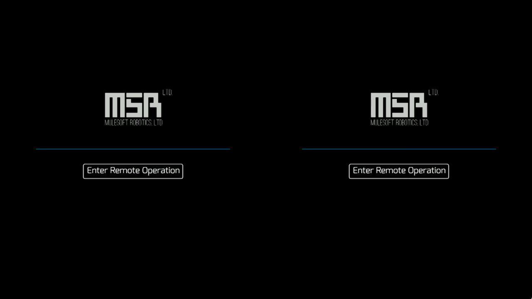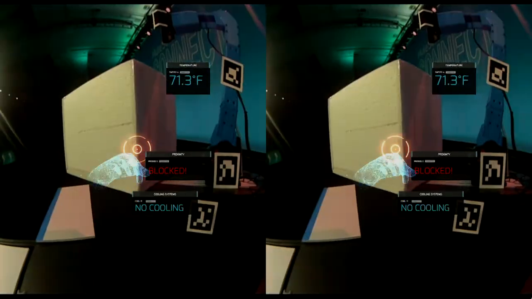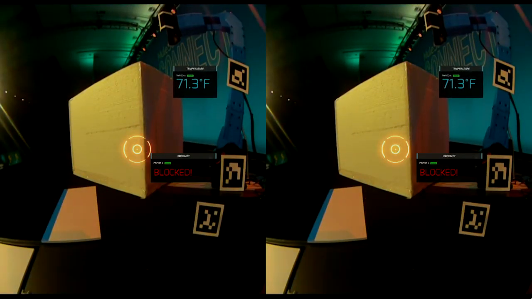Let's see if this works. It's pretty cool when it does, so I'm kind of hopeful that it does. Here we go. All right, he's inside. He has entered that robot. You can see